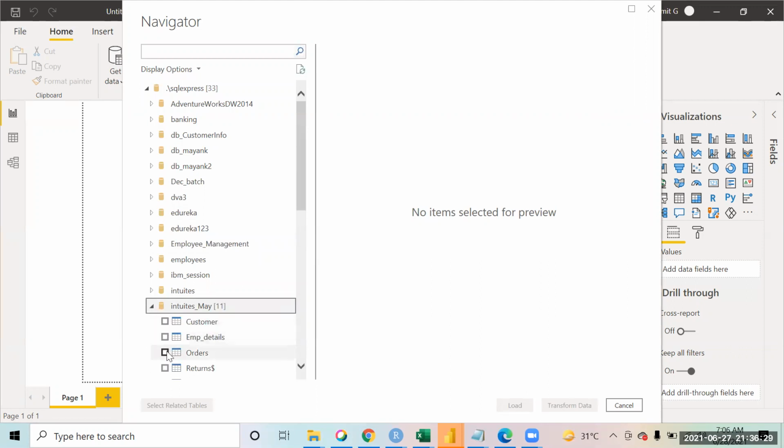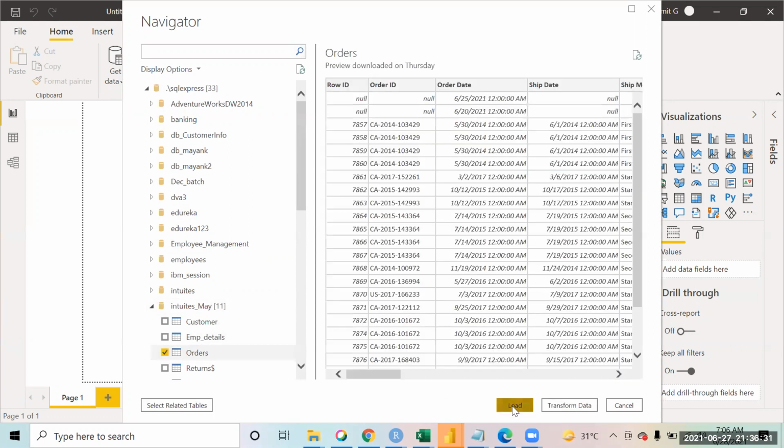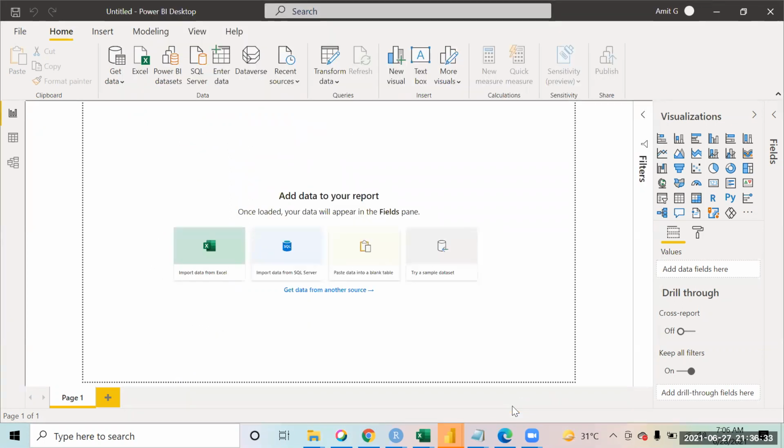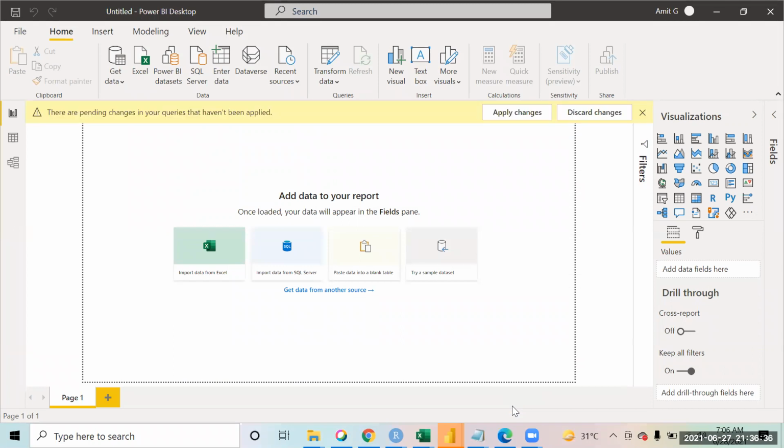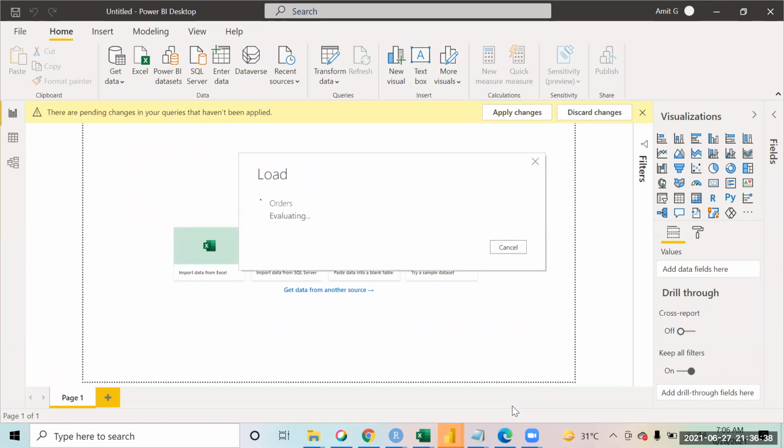So nothing much. You select that table and you load the data. Then you can just start making your charts and then you publish it.